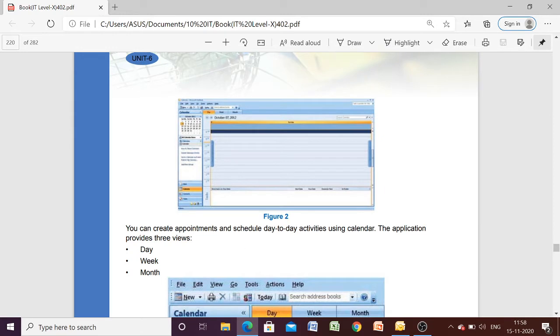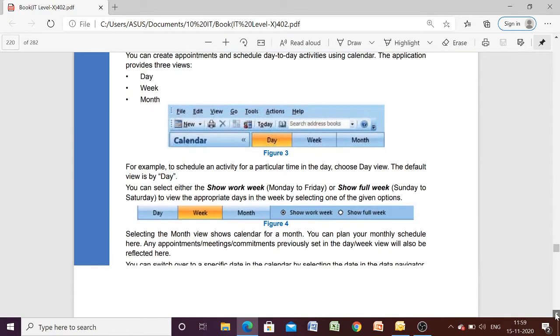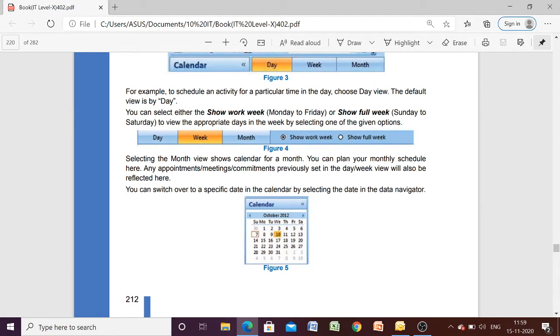So you can see here we can create appointments and schedule day-to-day activities using calendar, and the application provides 3 views. Already we have seen what are the 3 views: day, week and month. For example, if we have to schedule an activity for a particular time in a day, we have to choose day view.